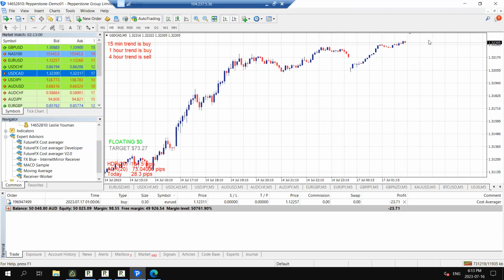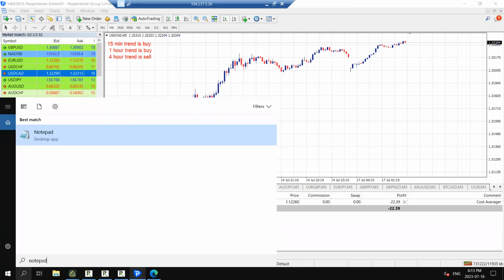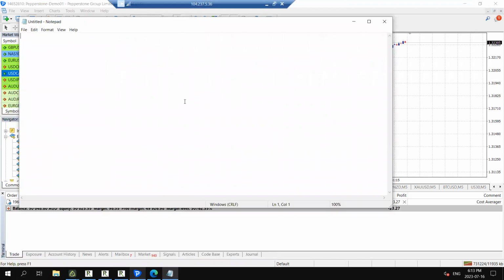If you're happy you've copied it correctly and this still happens, and as I said, 99% of the time it will work, and I don't understand why this 1% of the time it doesn't, but if you're sure you're using the right activation key but this keeps disappearing on you, what I'll need you to do is, on your VPS search button here, type in Notepad, and just open up a Notepad document,